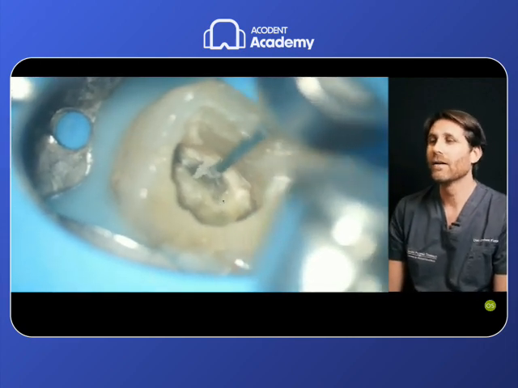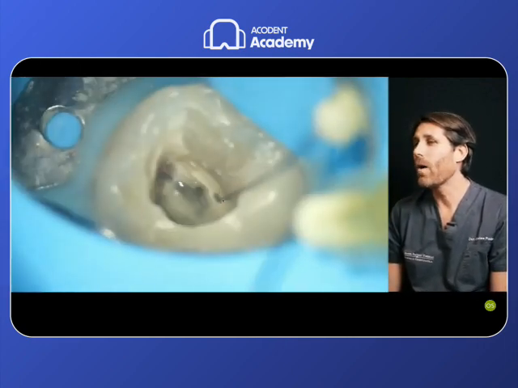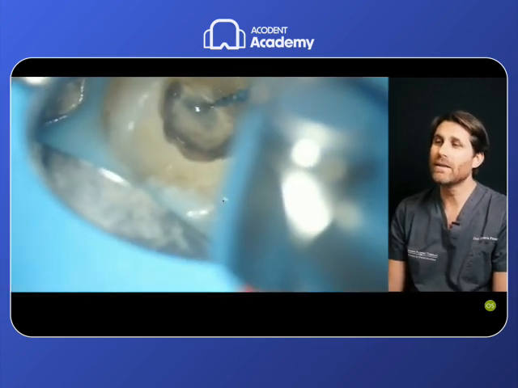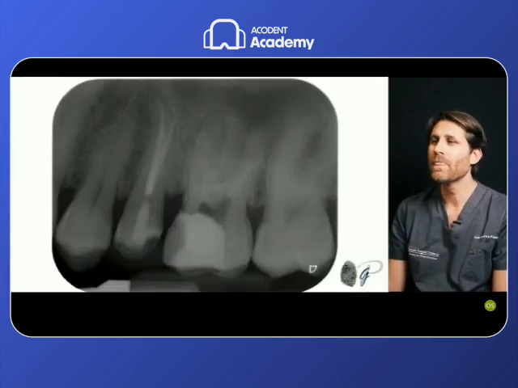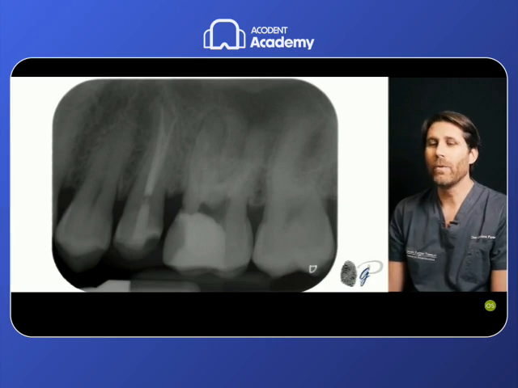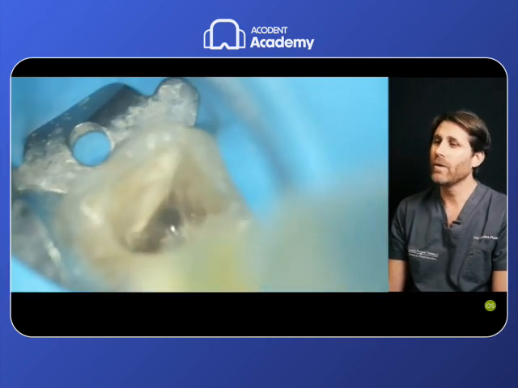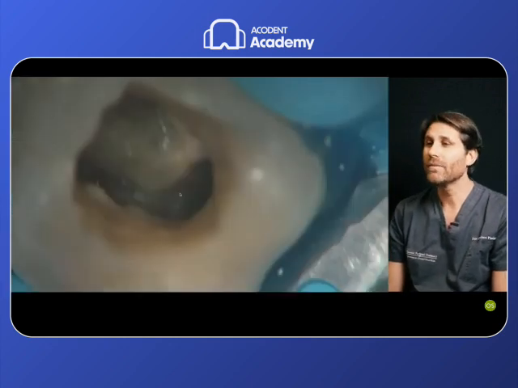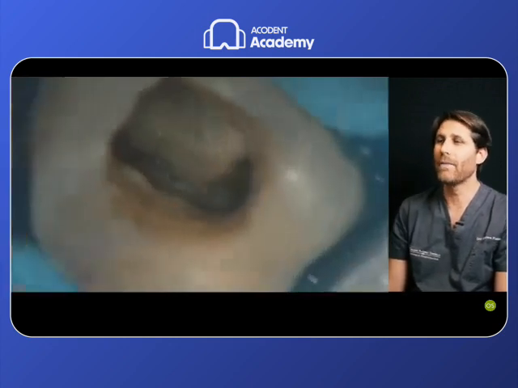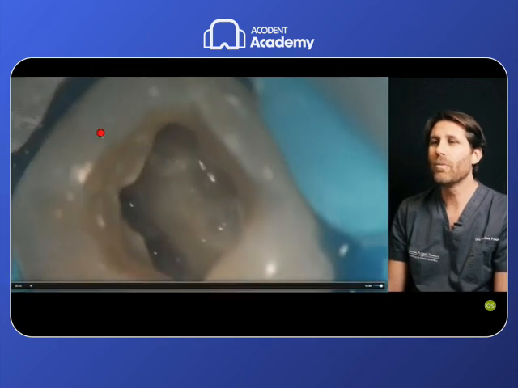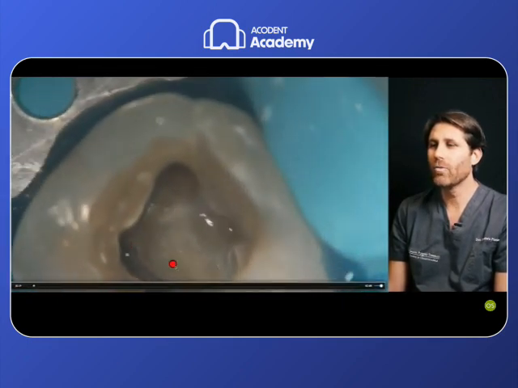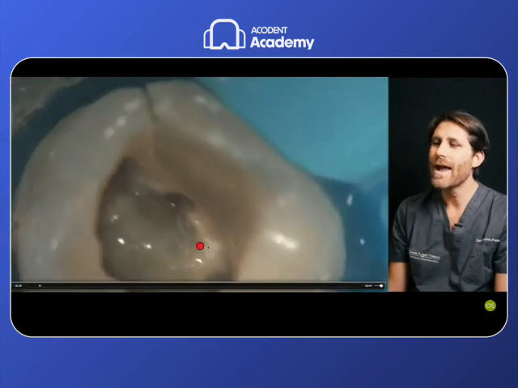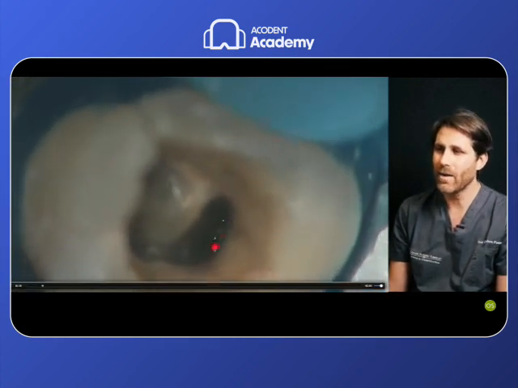In this tooth that was quite particular and quite difficult, we completed the MB2 preparation, and then we finished the MB1, and understood the different anatomies that we can appreciate here. 2 distobuccal canals, distobuccal 1, distobuccal 2, 2 mesiobuccal canals, mesiobuccal 1 and mesiobuccal 2, and 2 palatal canals, palatal 1 and palatal 2.